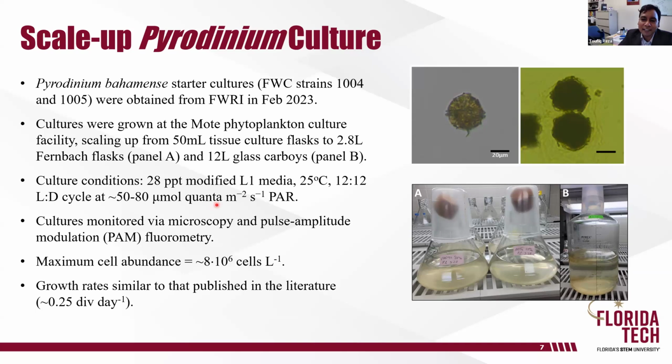So using the L1 media, the 12-12 daylight cycle, and about 65 micromole quanta of power. Now, how do we know that the cells are healthy and happy? We usually do microscopy as well as PAM fluorometry to find out. So far, we have been getting about 1 million or 10 million cells per liter, which is good because then